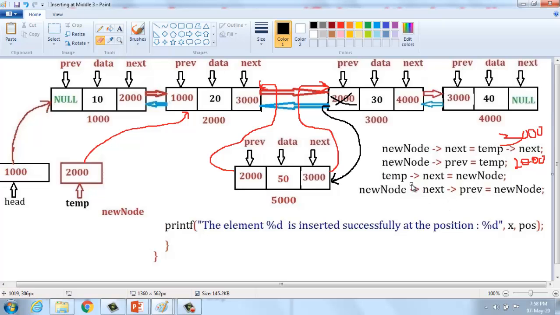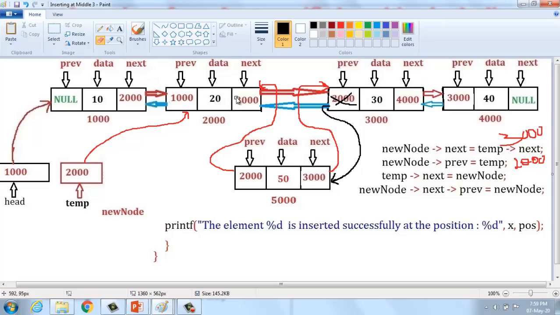How can I change this? Temp of next. What is temp of next? Temp of next is 2000, and 2000 next is 3000. So temp of next is, this is temp of next equal to new node. Temp of next is new node. What is new node?